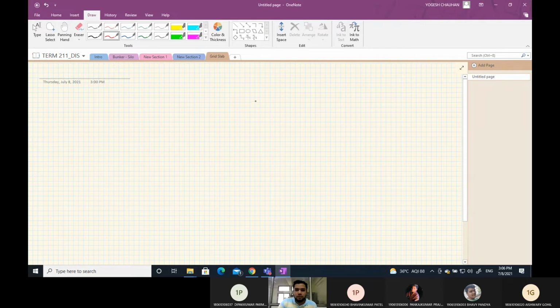Today we'll start with the new topic, that is design of grid slab. In the previous semester, you have gone through design of flat slabs. So in the same line of action, we will cover the grid slab in this course. Both the flat slab and grid slab are used to cover the large floor areas. So the grid slabs are also one of the alternatives to cover the large floor area. So let us start.